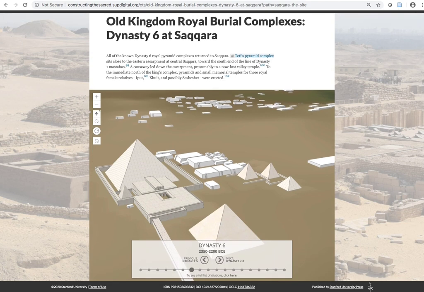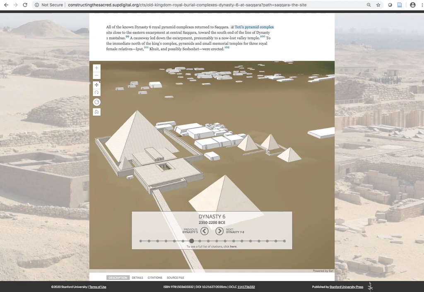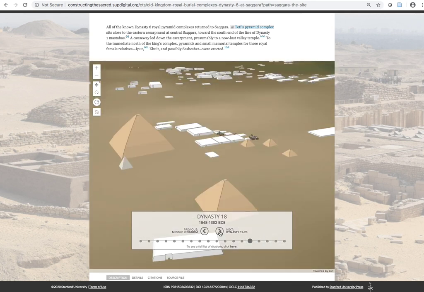The reader may notice that not only do important new monuments appear as the time slider moves forward, but some monuments disappear or change in appearance to represent the disassembling or deflation of monuments over the many centuries of the site's lifespan, such as here, where the Dynasty 6 stone pyramid of King Teti is visualized as a deflated mound without the crisp lines of the original casing during the time slices dated to the New Kingdom,